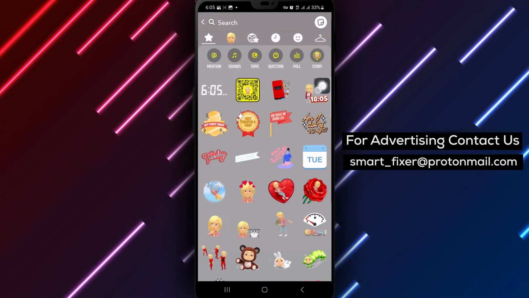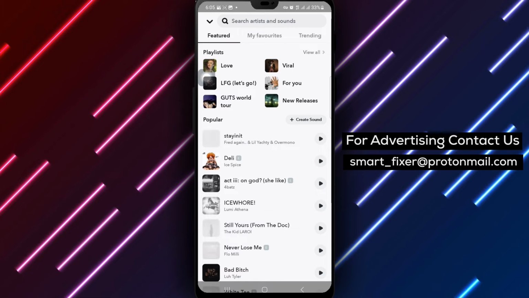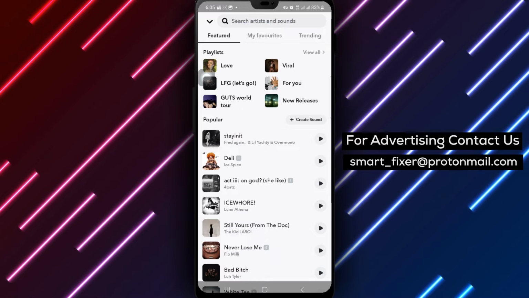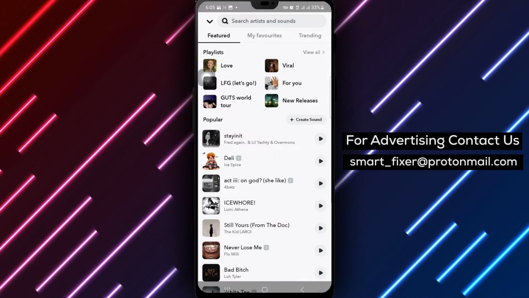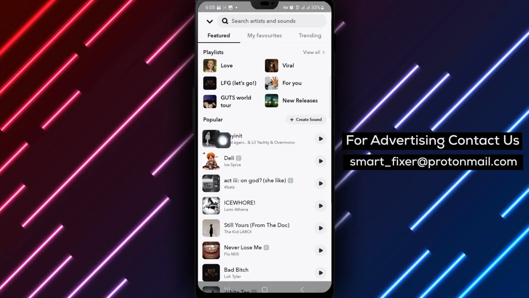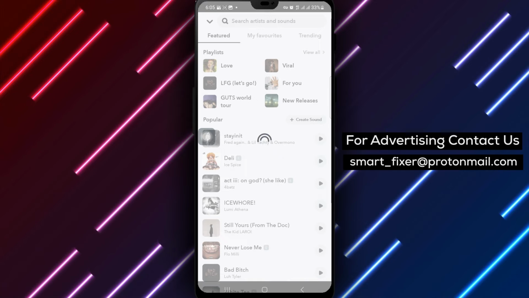Next, find and tap the sounds icon among the sticker choices. This feature allows you to add a sound to your snap. Now select a sound from the available options that best fits the mood or theme of your snap. Once you've chosen the desired sound, tap the check button at the bottom right corner of the screen to confirm